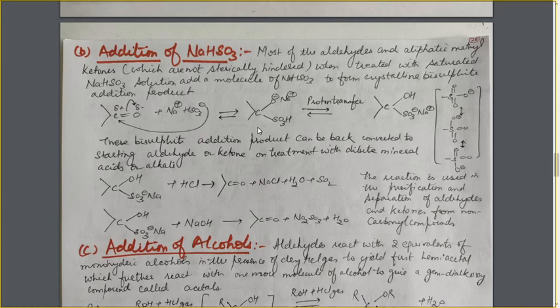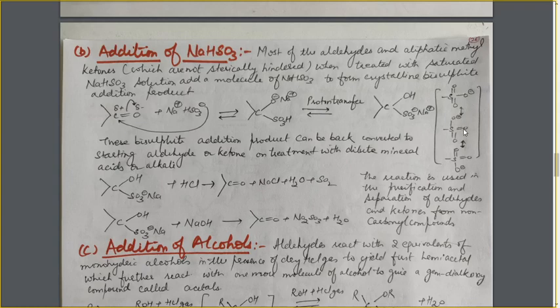But here it is not stable. It will undergo proton transfer. Proton transfer means H positive ion gets transferred from this position to this, and as a result the sodium positive ion will transfer to this position. Why does this proton transfer take place? Because this negative charge is more stabilized on the SO3 group. Here on the SO3 group, the negative charge is much better stabilized as compared to the oxygen atom. How? Let's see the resulting structures. Because of this resonance, the negative charge is better stabilized here. That's why the proton transfer can easily take place from this to this position.